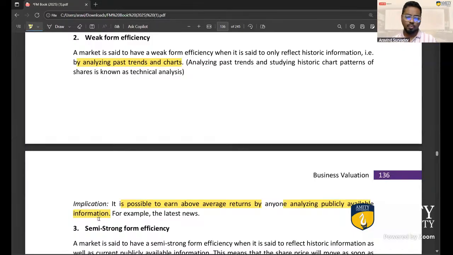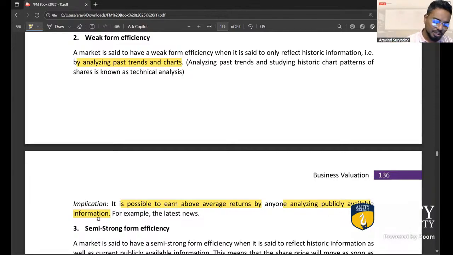So this is what our markets would have been back in the days when communication was slow, because something that I would come to know, maybe a lot of people wouldn't have known immediately, because back in the days, the internet was not there, televisions were not there, forms of mass communication were slow. For example, not the radio, for example, the newspaper. Yeah. The radio was still fast, right?